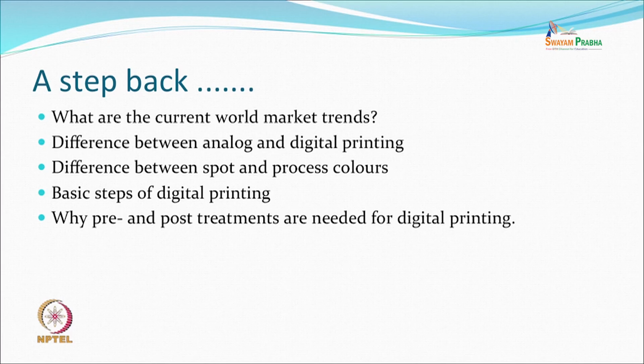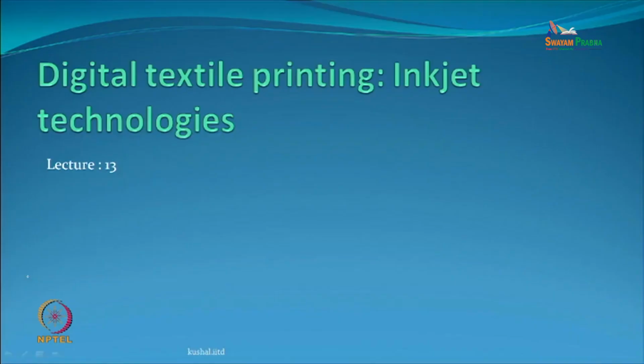Difference between the spot colors and the process colors, and some of the very basic steps which are used in digital printing. And we realized that for various reasons we may require pre and post treatments in this digital printing